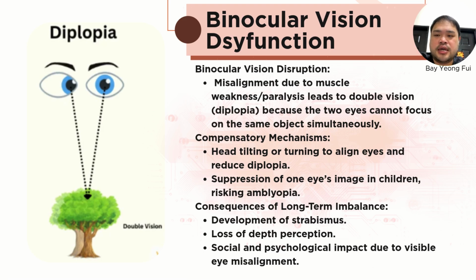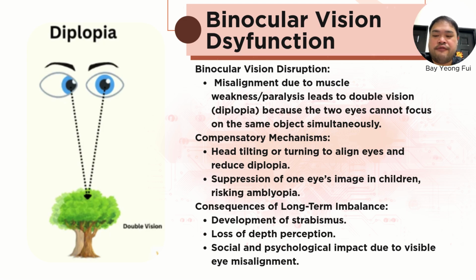To compensate, adults may adopt an abnormal head posture like tilting or turning to minimize diplopia. In children, prolonged misalignment often leads to amblyopia or lazy eye, as the brain suppresses input from the weaker eye to avoid confusion. Consequences of untreated imbalance include development of strabismus, permanent eye misalignment, loss of stereopsis or depth perception,